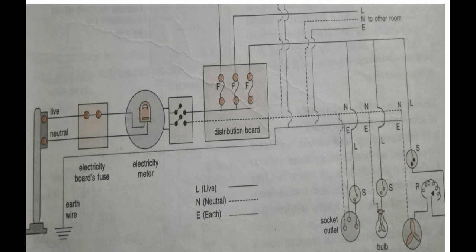The advantages are: when distribution circuits are in parallel, then each circuit operates separately. So if one of the distribution circuits gets overloaded, only the fuse in that circuit will blow off. Other distribution lines will remain unaffected. Next, when two or more appliances are used at the same time, each appliance will draw the current as needed. Then each circuit will have the same potential difference, that is equal to the potential difference in the supply line. As a result, each electrical appliance will work under a constant voltage.